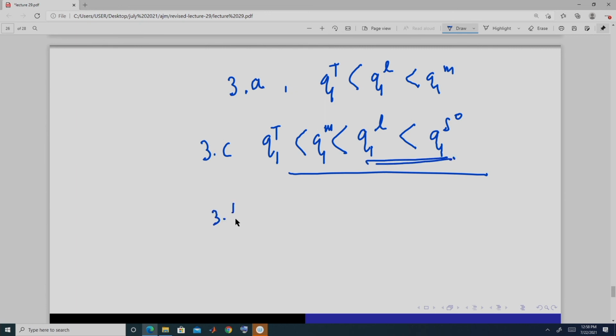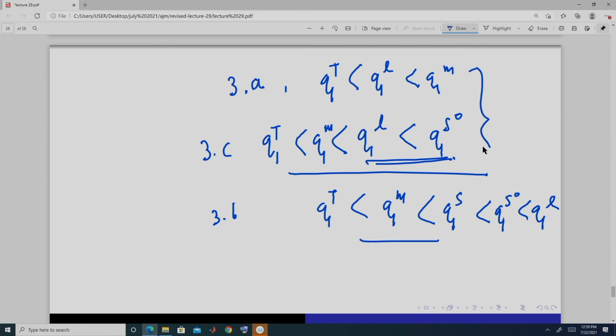And in case 3B, when we have it, in this it deters